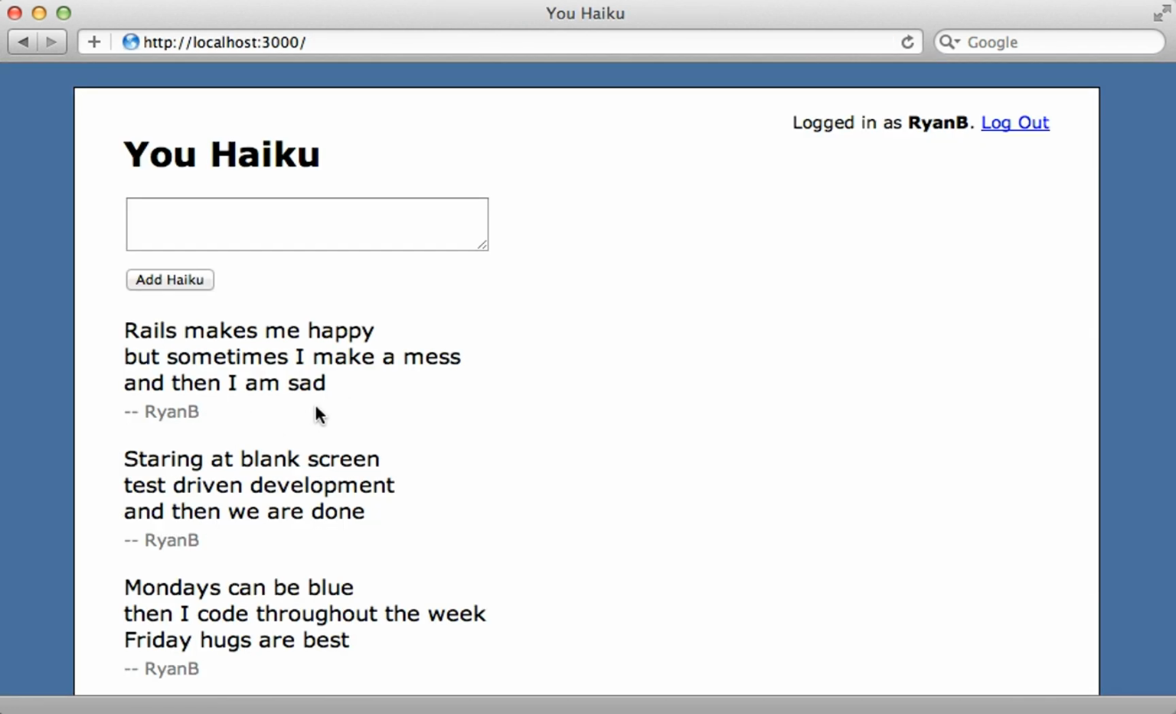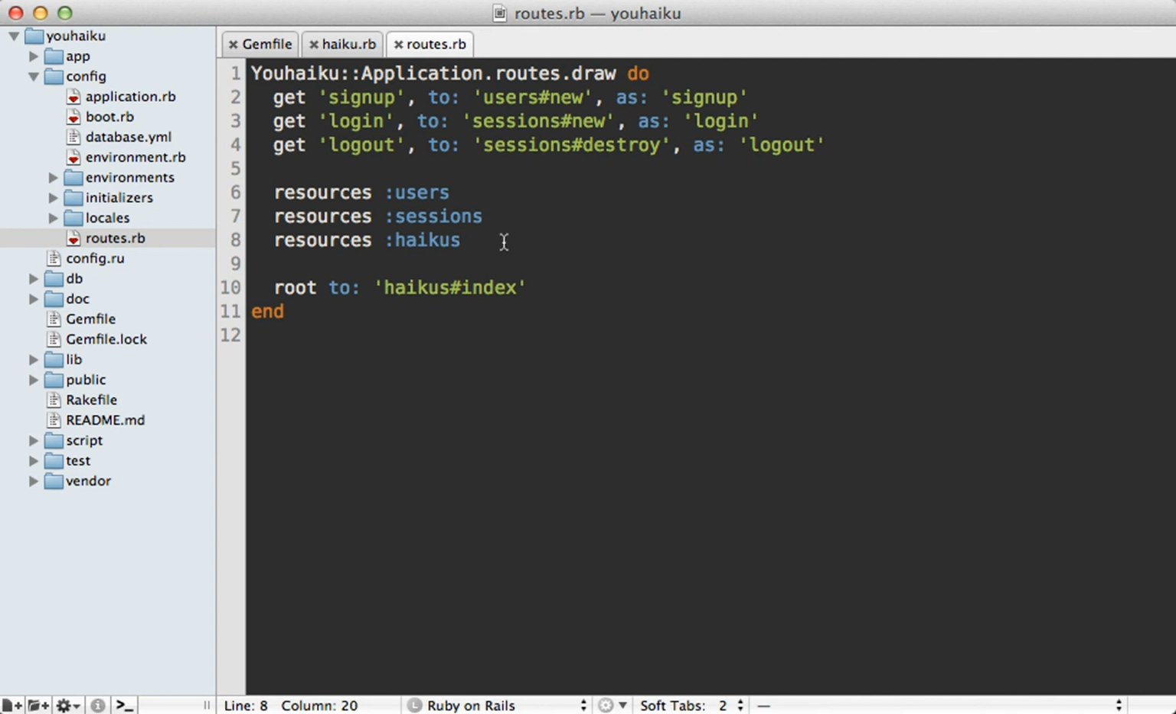I just want a couple links here to vote a haiku up or down, but the question is, where should these links route to? So inside of the routes file, we have a couple of options. We could make a separate haiku votes resource, or we could just make this a member action on the haiku resource. So I'm going to do that here, so I'll just make this a post request to a vote action